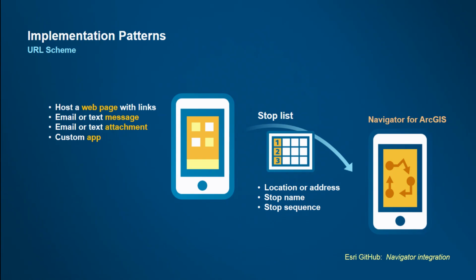So again, some implementation patterns here. We have hosting a web page with app links that I showed. We have emailing or text messaging that URL scheme. That's something that you can also do. I didn't show that, but you can do it. You can build a custom app that calls a URL scheme. And these are all